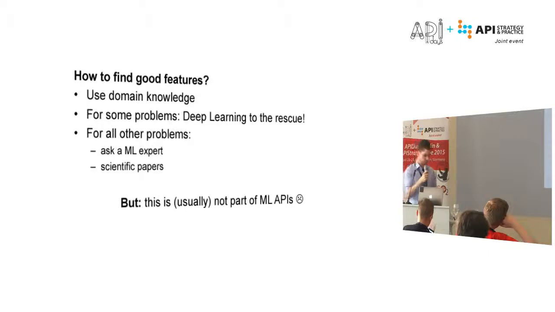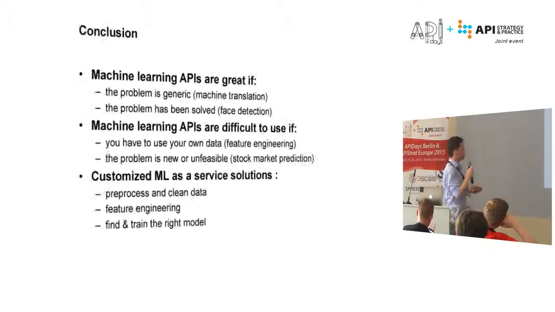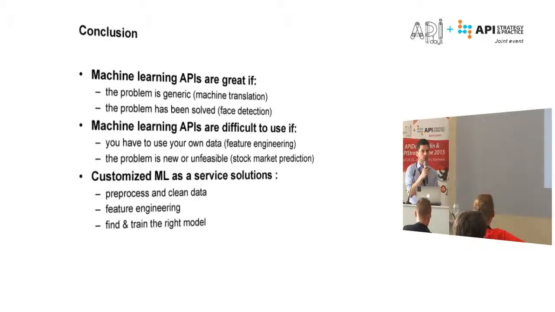Right. So just to conclude with the talk, in general, I really think that machine learning is a fantastic tool which is now also ready for everyone to use in applications, in apps, on websites. It doesn't really matter. So we have a couple of problems that are now solved, like sentiment analysis, spam detection, face detection, and so on. And there are a couple of APIs that you can use. It's really easy to use them too. But in general, machine learning APIs are difficult to use.